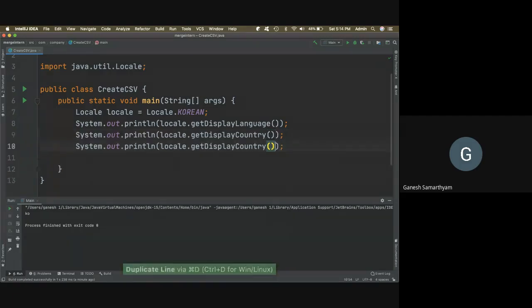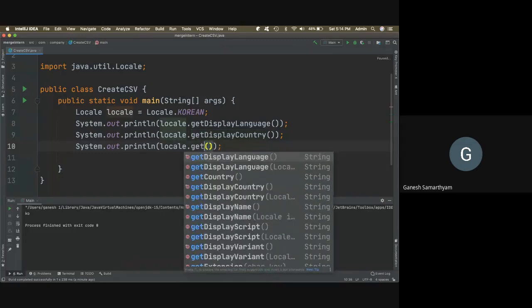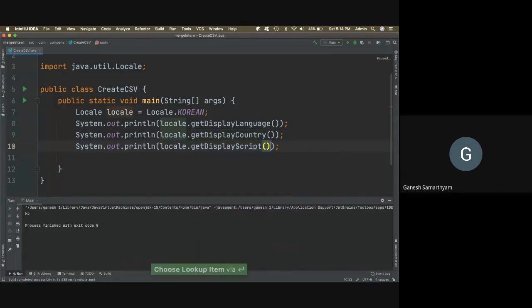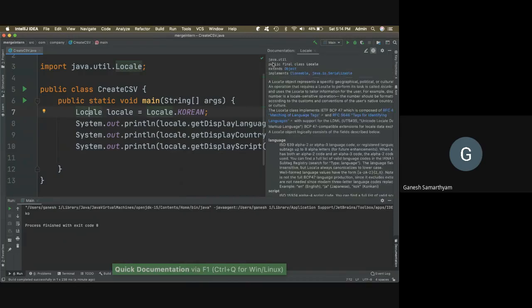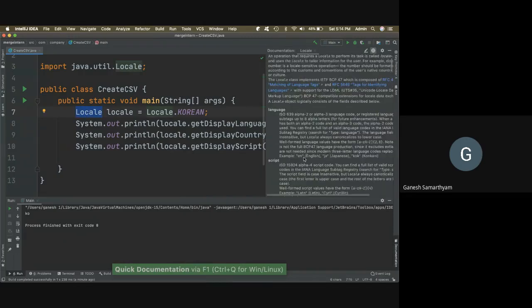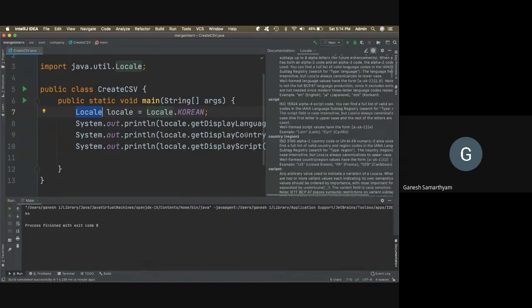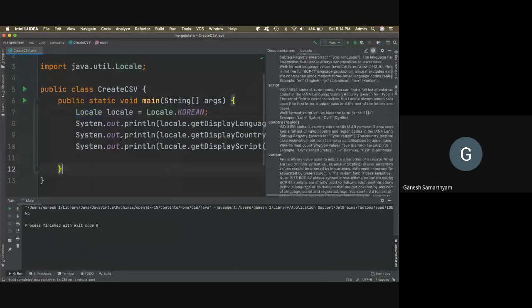So duplicate it and then say get display script. What were they? I keep forgetting. Just give me a minute. Are we in Locale? Yeah: language, script, country, and variant. Okay, this is good.